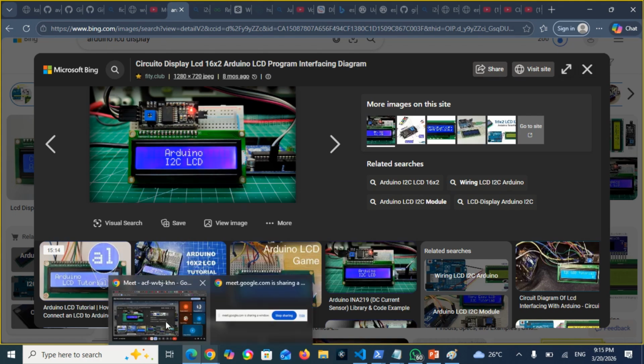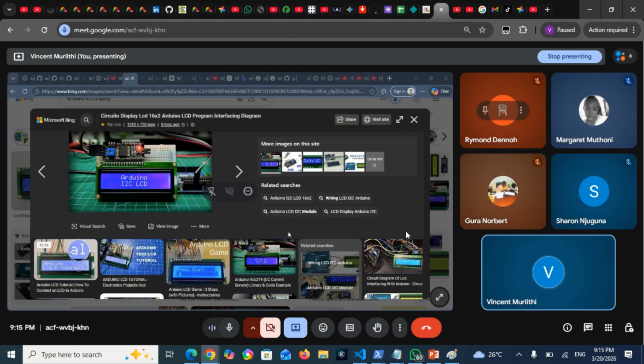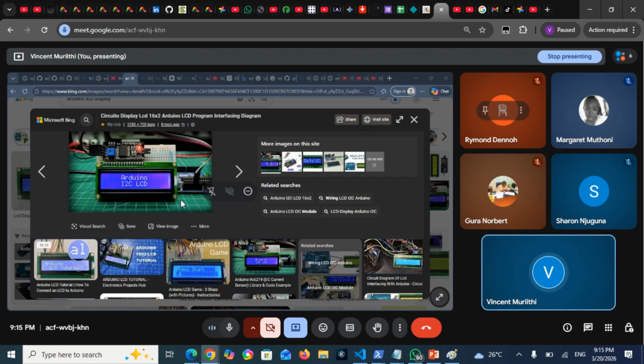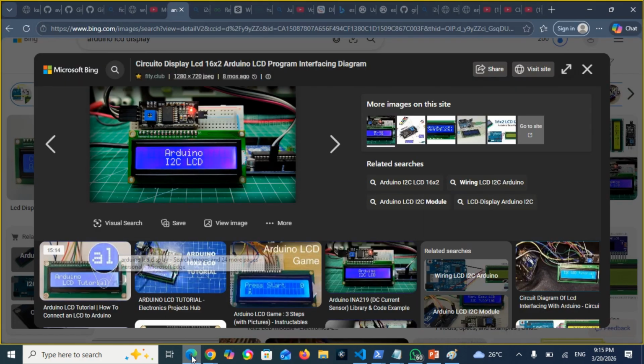Is there anyone who feels there is a question up to that point, or about the concept of I2C? Anyone with a question at that point? Okay, so if you have any question, you just unmute your mic and ask, and I'll be ready to respond to you. So now,